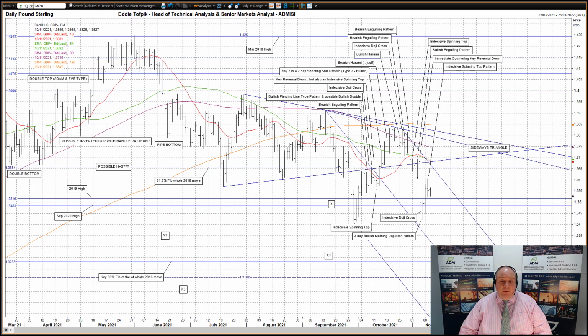I've droned on internally about the longer term whole of the 2021 double top pattern, Adam and Eve type. I thought it was becoming more obscure as time moved on and prices didn't. However, the late September to early October move down, and last week's action, revitalized the idea enough that I've pencilled in some potential targets for the pattern below. An initial target X2 in the 133.60 area, and a secondary target X3 in the 131.10 area. Now, so far today, a small move lower, approaching the old 2019 high at 135.16.